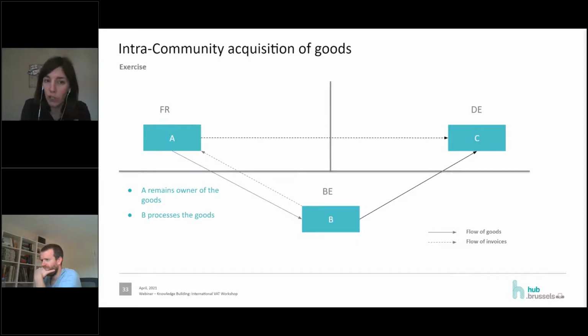So meaning that the French company will remain the owner of the goods through the whole shipment, the whole transport to Germany. So, as I mentioned, we cannot think about a non-transfer of goods. Why? Because the goods are not shipped back to the country of departure of the goods. We have also a flow of invoice